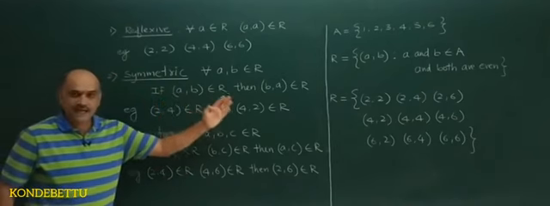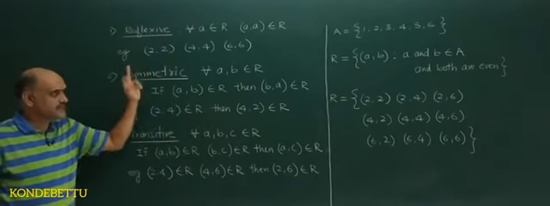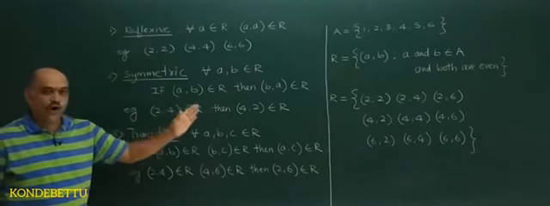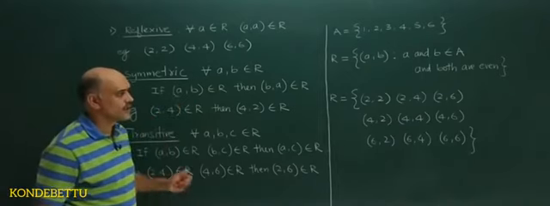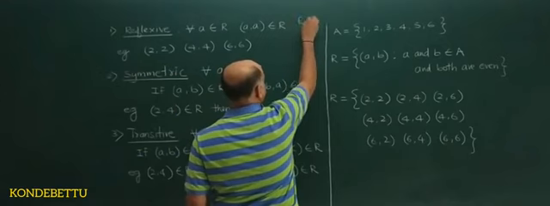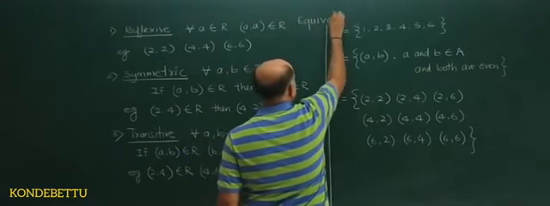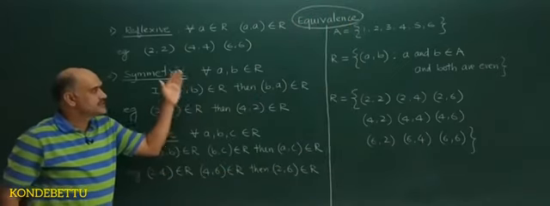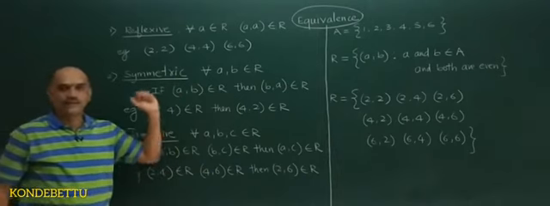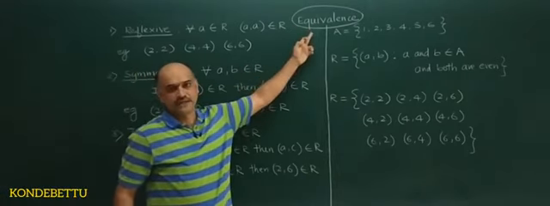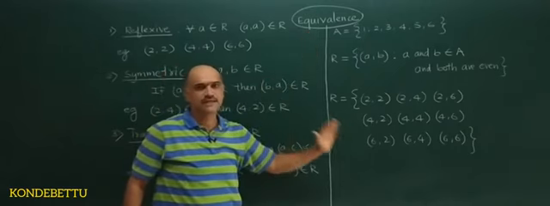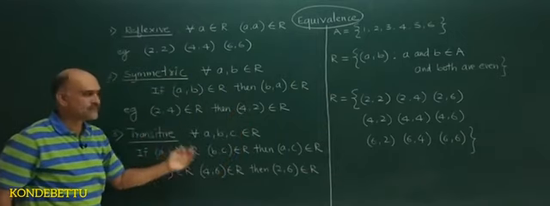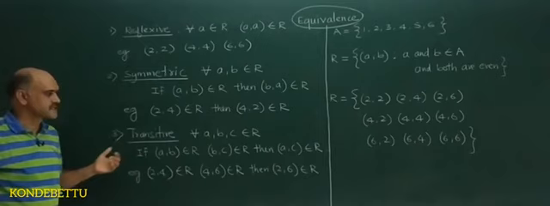So the example which I have taken is reflexive, even symmetric, even transitive. If all three are true, then we call it an equivalence relation. So if all three, that is reflexive, symmetric, transitive, are true, then that relation is called an equivalence relation. Clear? So you can pause, then note down these definitions. Then I will take examples which you will be asked for 3 marks.